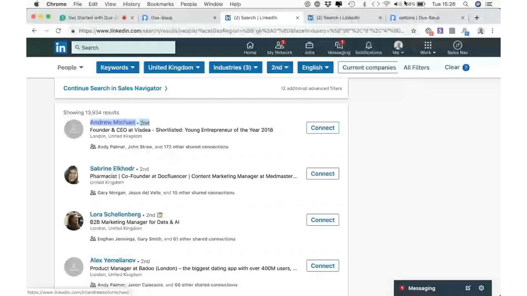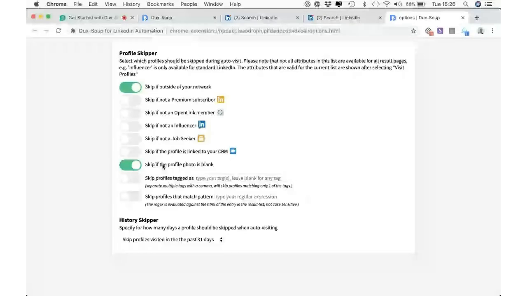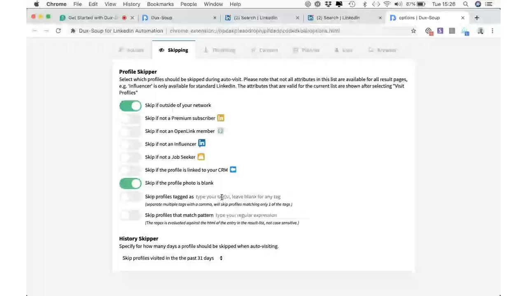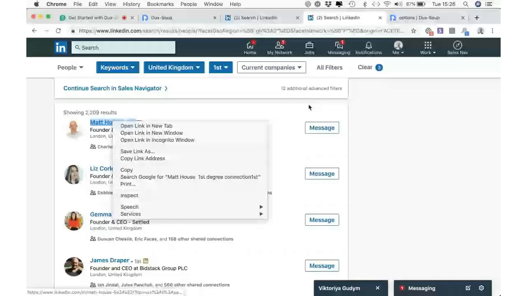So one of the options here, I would always say skip the profile if the profile photo is blank. The other thing is, if you remember here, you can tag lots of people as founder. What you can do here is skip profiles of people that are tagged as something. So for example, I could actually, for this one,